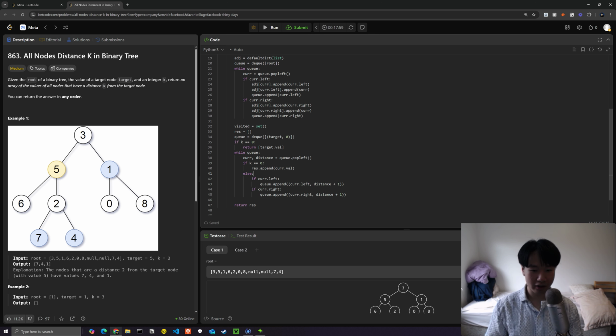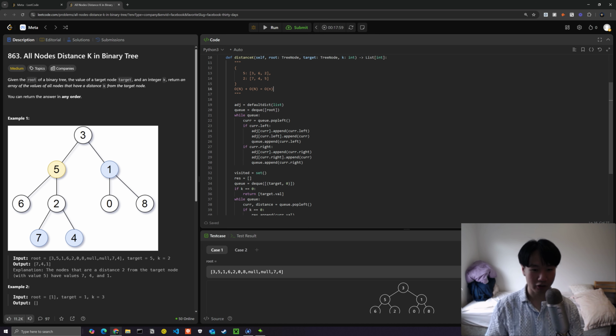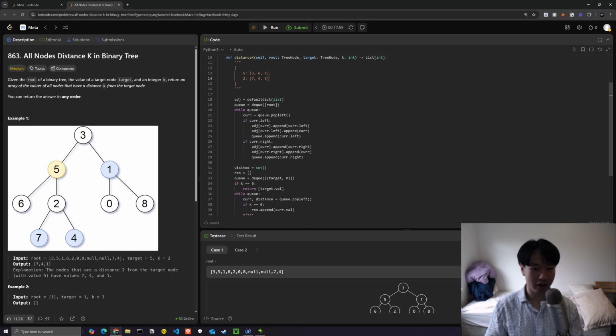So let's actually do a quick dry run just to verify that our code is working. We'll start off by constructing the adjacency list. Let's say we have something like 3, 6, 2, 7, 4, 5, etc. What's going to happen is you're first going to initialize the adjacency list and the queue, and then for